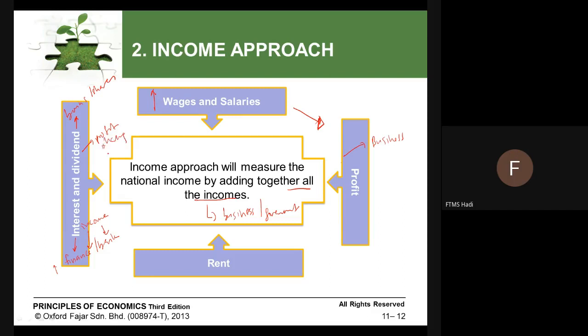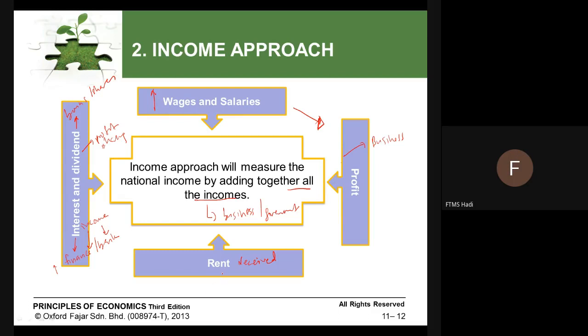And the last one, which is rent. Okay, we're talking about rent. That means rent received. Some of the business rent land or rent factories, rent building, to another company. So whatever amount of rent that they paid, they can consider income as well. Or also, sometimes government also leases. We're talking about rent. The opposite here is leases.